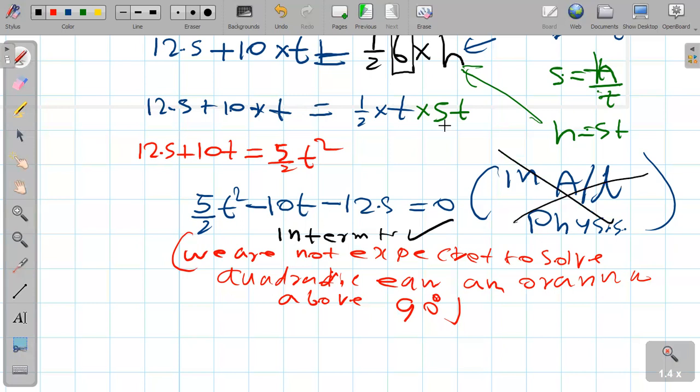No. Sahas is asking me, can't we simply use the equation s equals ut plus half at square? Son,